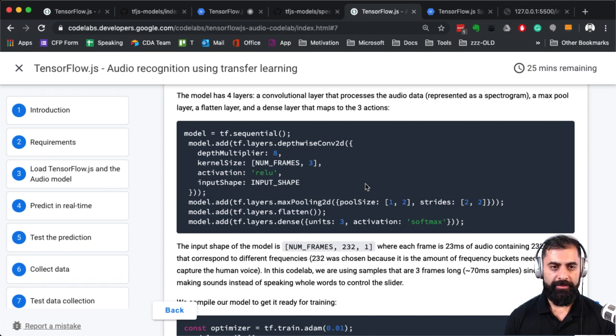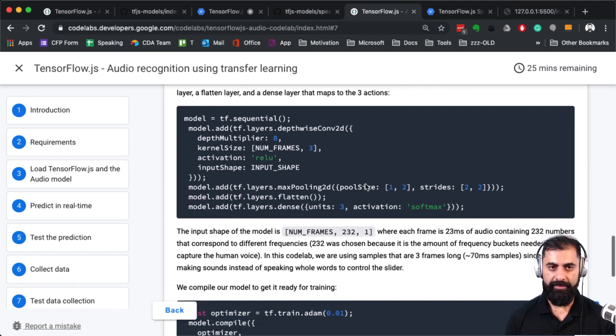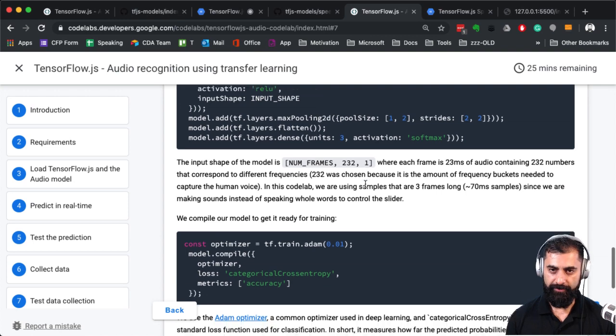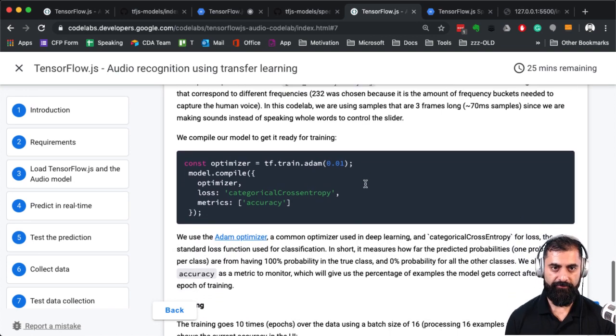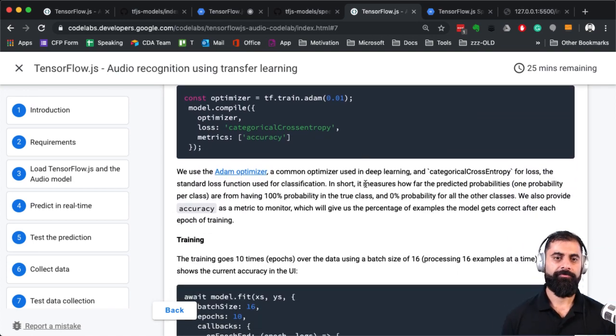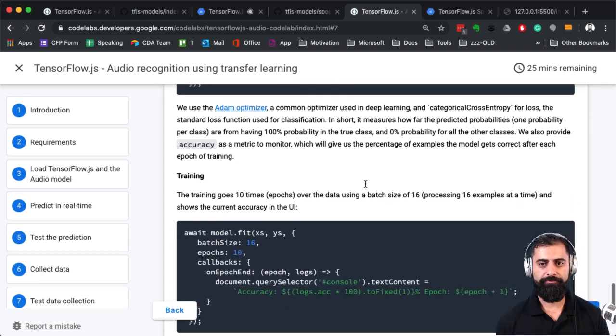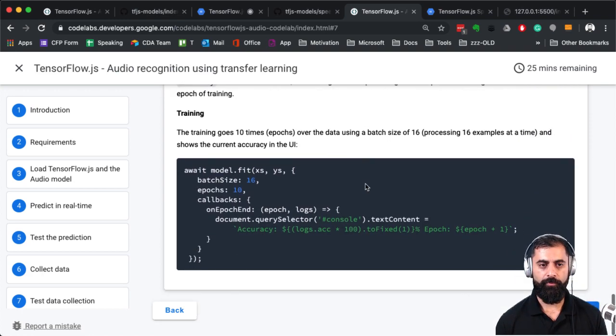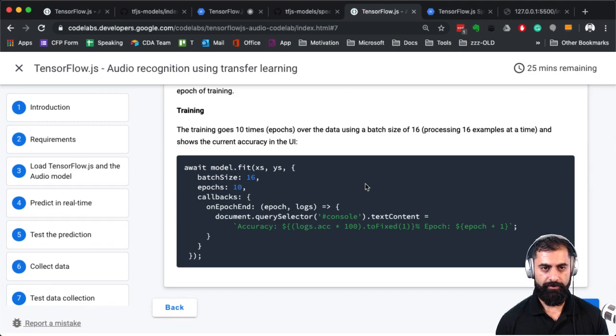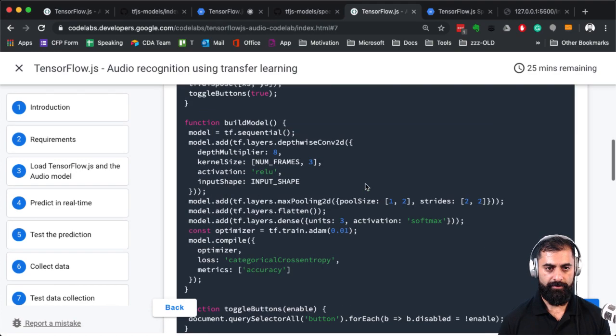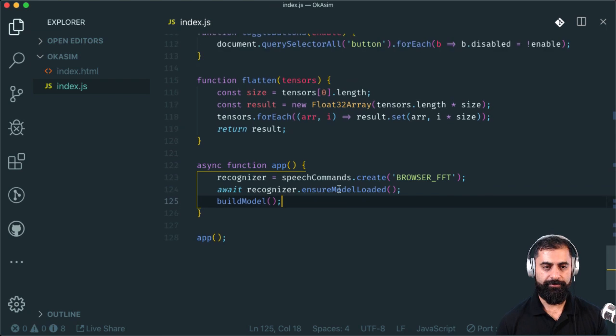I probably am not going to explain it to the depth they're going to explain it, because the eventual app that we're going to build, I'm probably going to do a different way. But what I will do is broadly explain it. So here we go. When the app loads, we ensure the speech commands model is created.